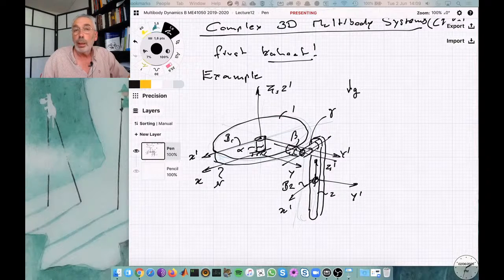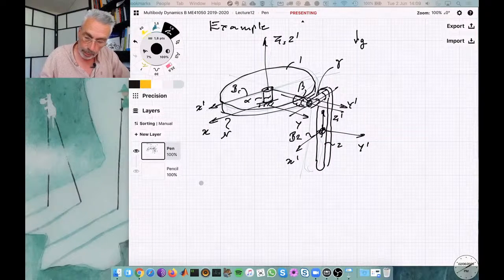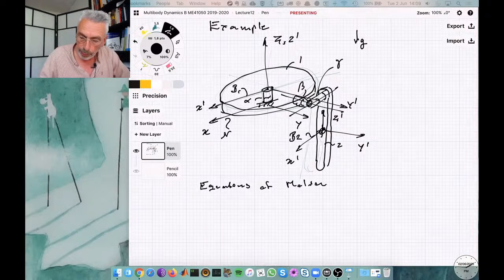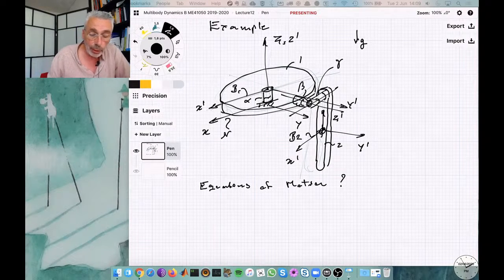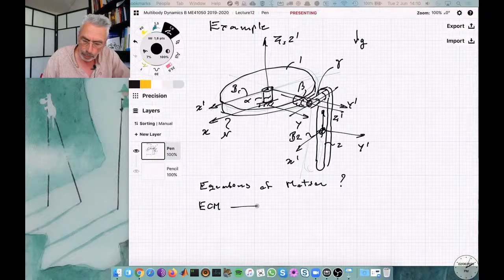And for this, I'd like to know what the equations of motion are. So I want to know the equations of motion. So how do we get the equation of motion? Now there are various routes we can take, right? For this equation of motion, one way would be